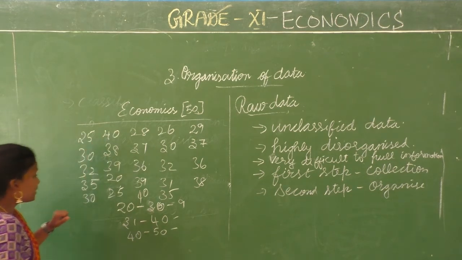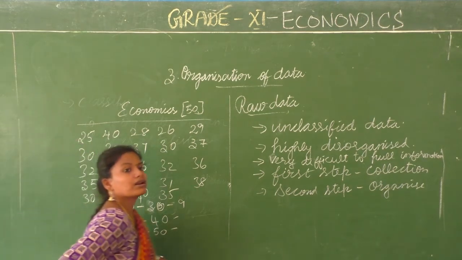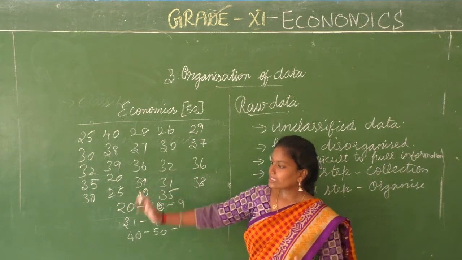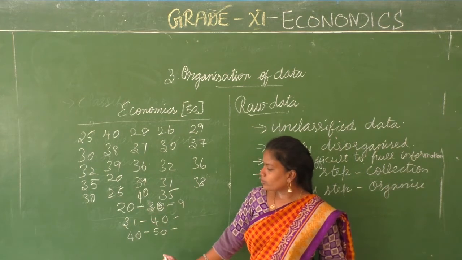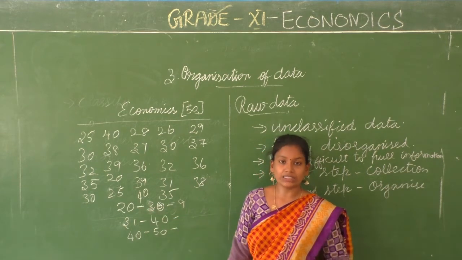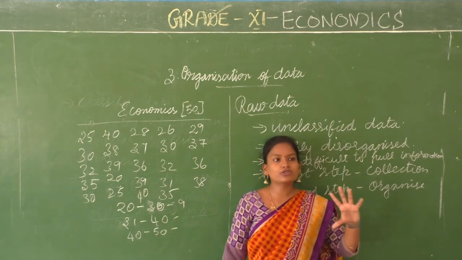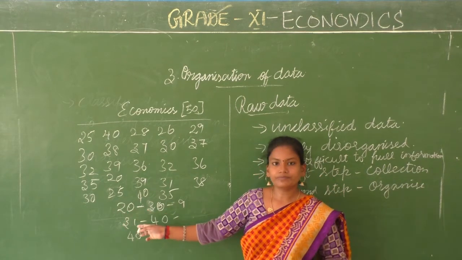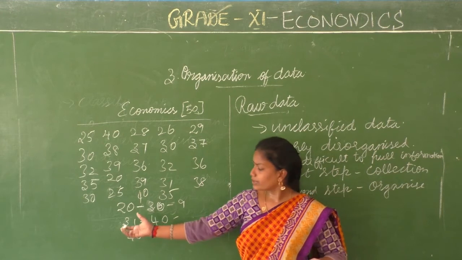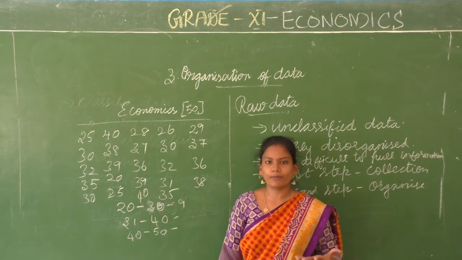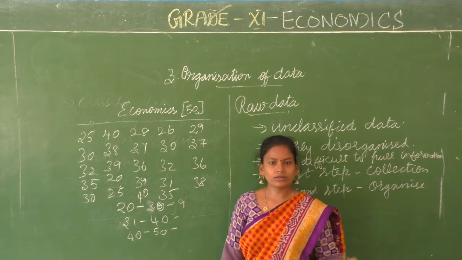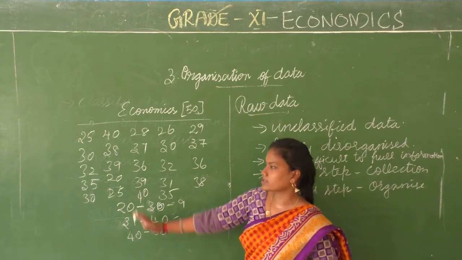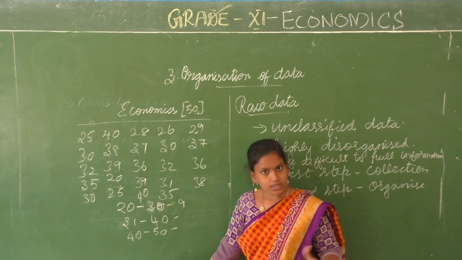Right. So like this I am going to classify my data. There are various techniques. That's what we are going to explain. What are we doing first? We are organizing it. We are classifying it on the basis of some characteristic. This is a characteristic for me. I am giving a class. 20 to 30 is a characteristic for me. Below 20, below 30, below 40, below 50, it is a characteristic for me. This is marks. So we are taking it like this.